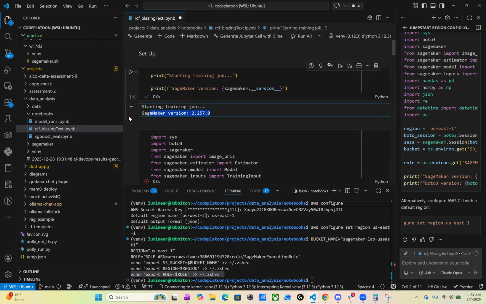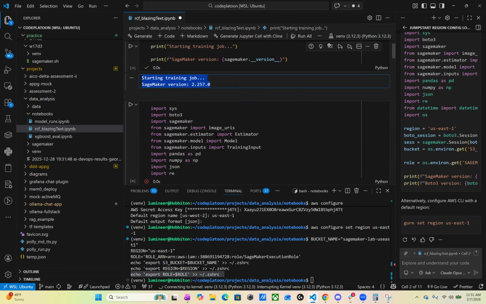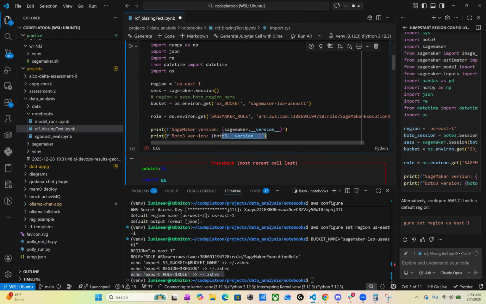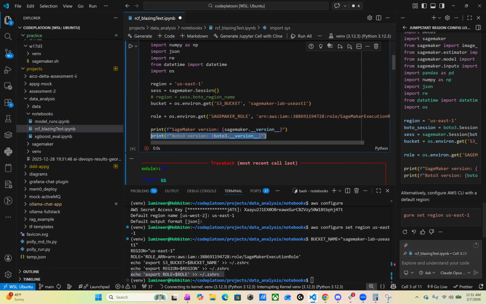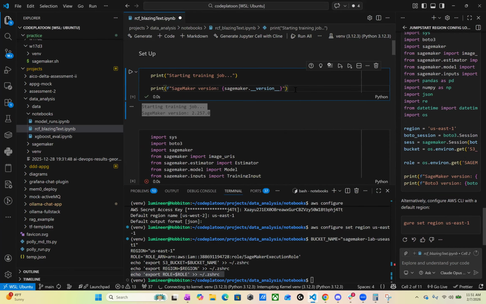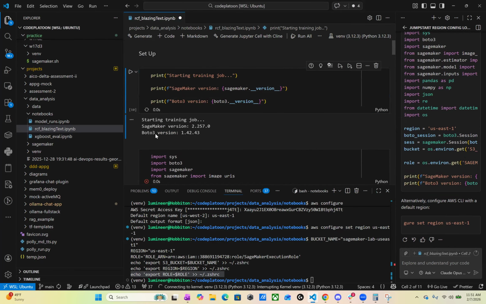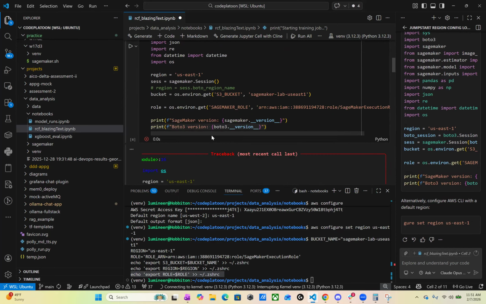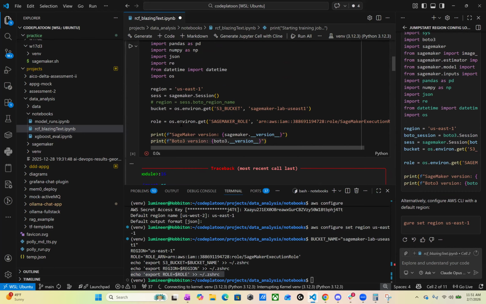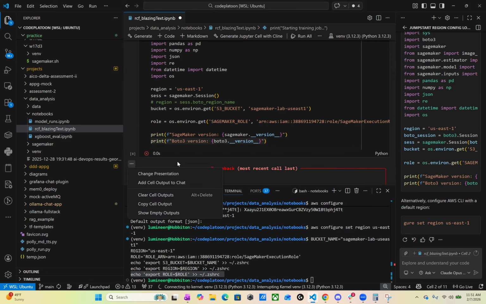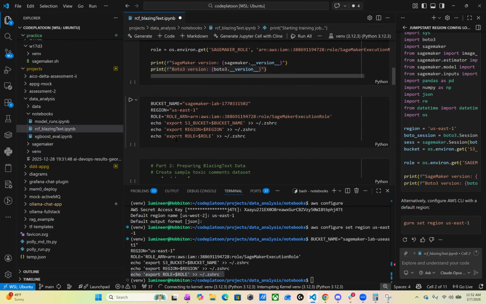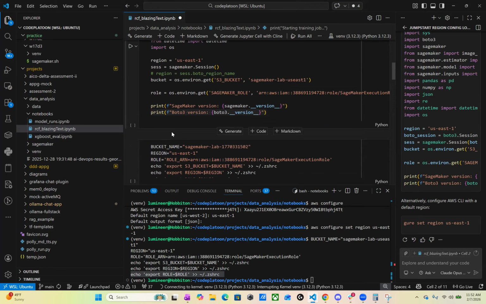Okay, so it's detecting SageMaker. All right, let's go for the next print statement. That should probably work as well. Okay, scroll down. Let's collapse the trace back, or you can just clear it, and if it errors, you'll have it available again. Let's do a print for,